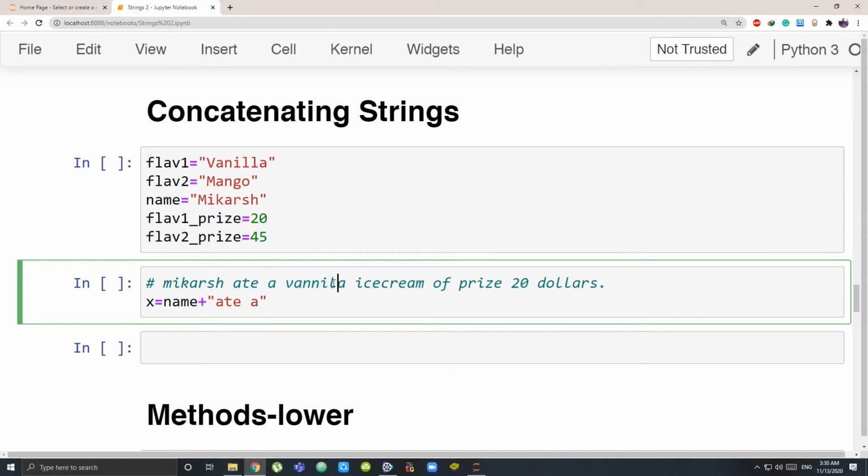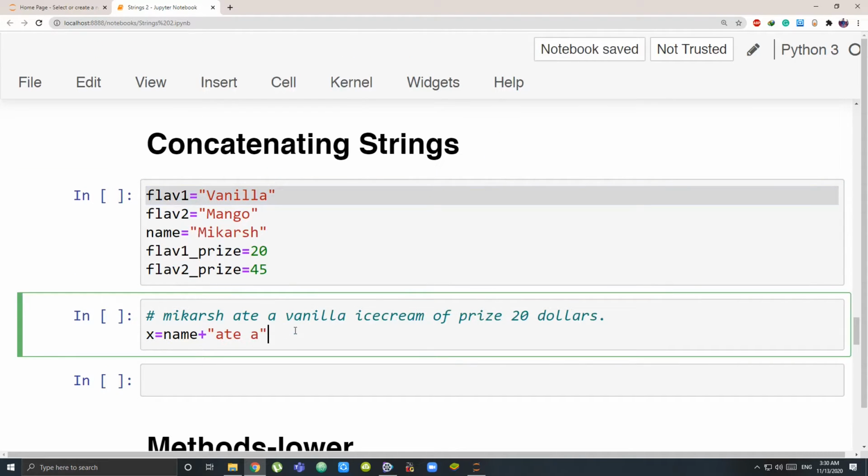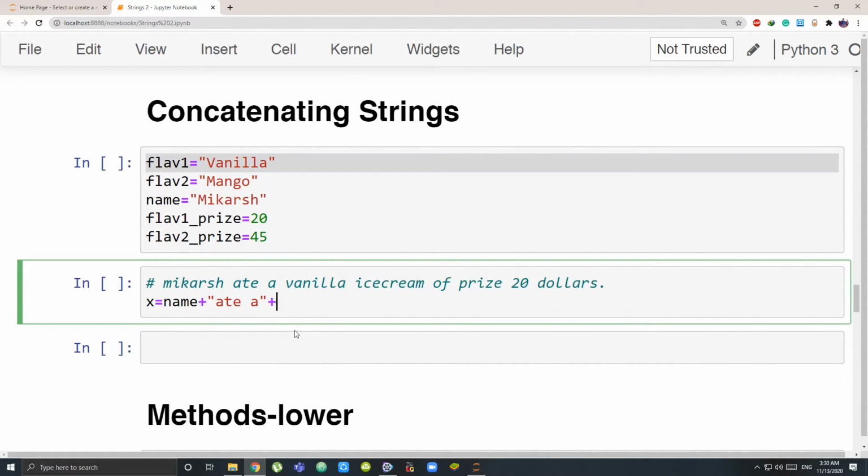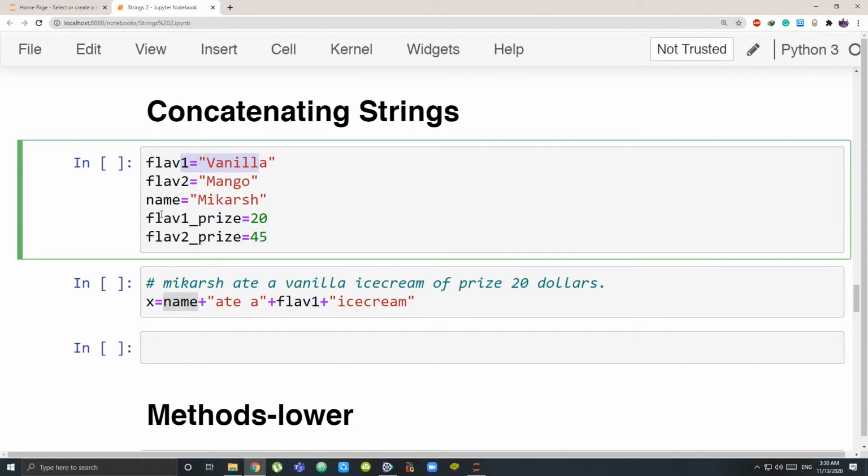Then next is vanilla. Do I have vanilla stored anywhere? Yeah, I have vanilla stored in flavor 1. So I'll add flavor 1. Then do I have ice cream stored anywhere? No. So I have to make this a string, because I'm joining different strings. I'm not putting quotes over flavor 1 or over name, because I've already put them when I stored them.